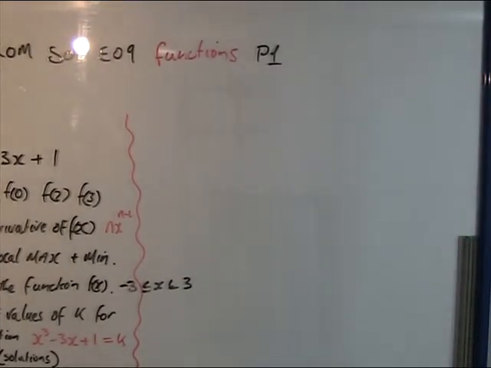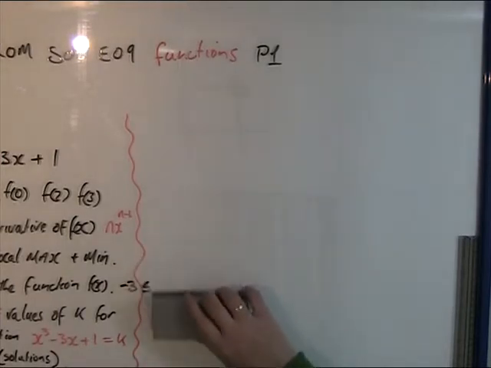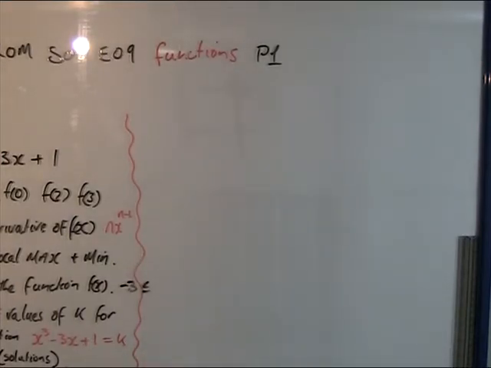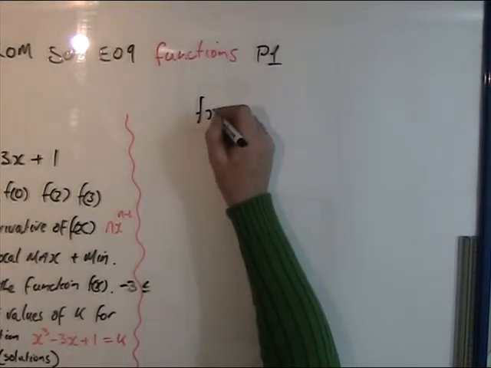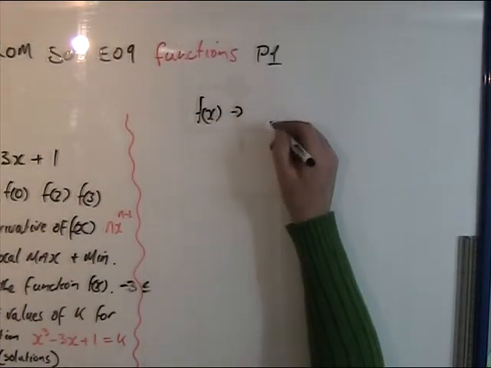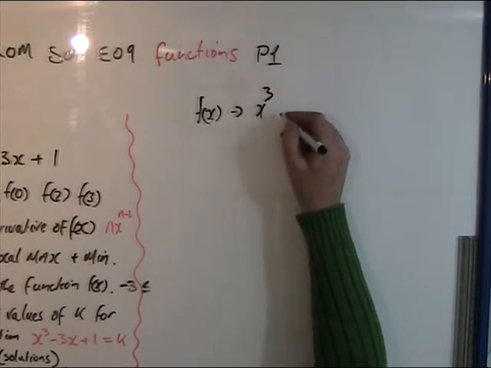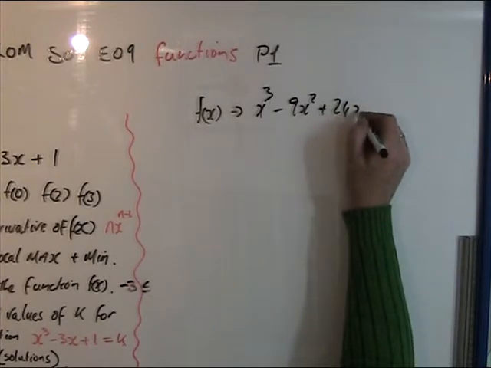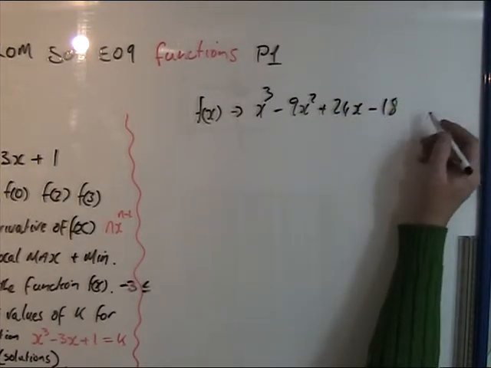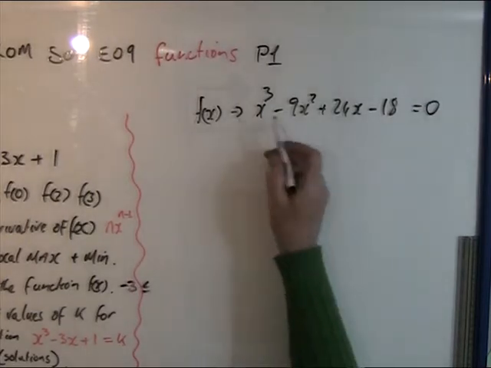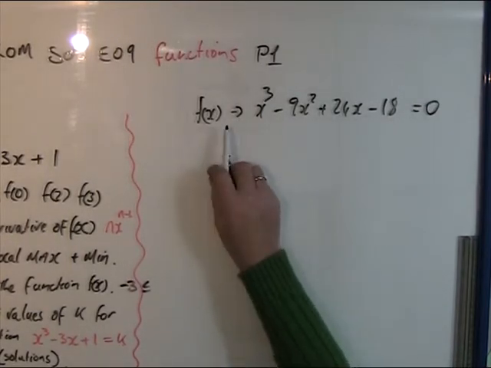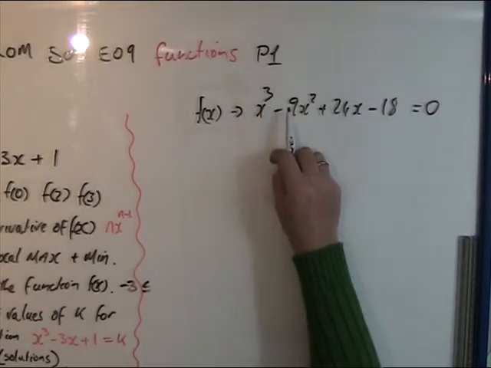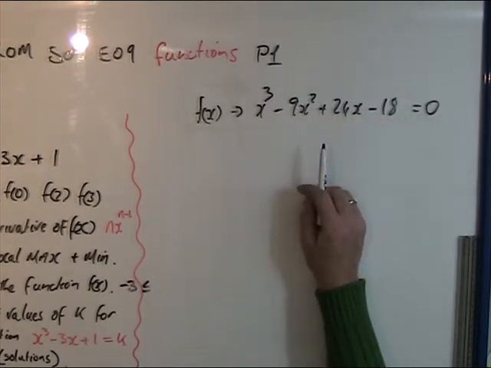So we have a question here and it says f of x goes to, I'm going to use goes to, because it's much handier, it gets rid of all the confusion. 4x minus 18. Okay, so that all equals 0, because you can't have two equal signs in an equation. So this goes to that and it looks like a normal equation. It is a normal cubic equation, but anyway we'll call it a curve. It says find